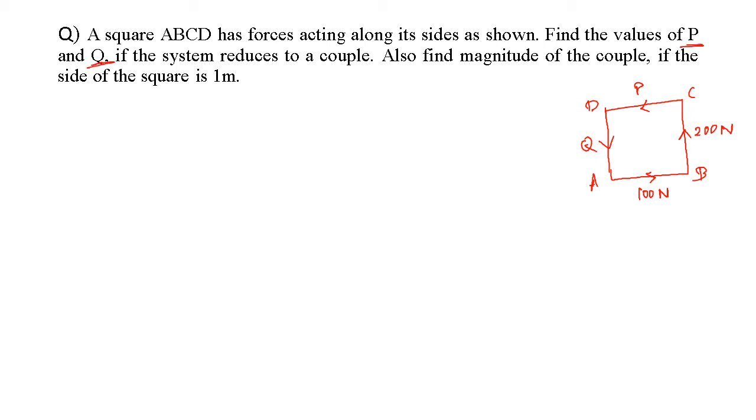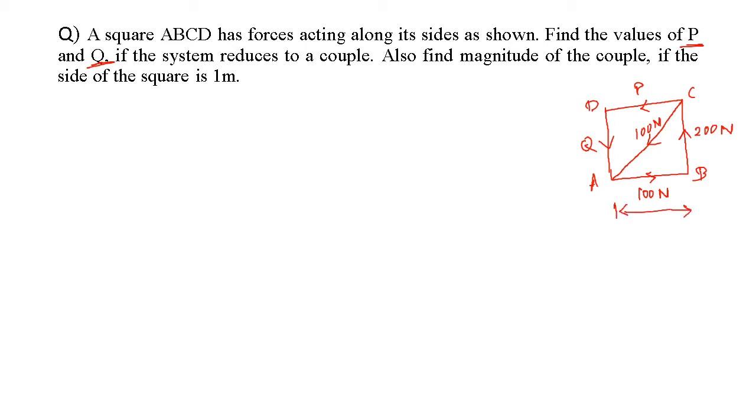If the system reduces to a couple, ये पूरा system reduces to a couple. और यहाँ पे एक डायगोनल भी है. डायगोनल में कितना एक्ट कर रहा है? 100 न्यूटन. ये पूरा सिस्टम को हम सिंगल कपल में कन्वर्ट करेंगे. पिछले पॉइंट में क्या कहा था, एक सिंगल कपल को कन्वर्ट करने के लिए हमें उसका समेशन इक्विलिब्रियम में लाना पड़ेगा. मतलब समेशन F_x भी इक्वल टू 0 होगा और समेशन F_y इक्वल टू 0 होगा.